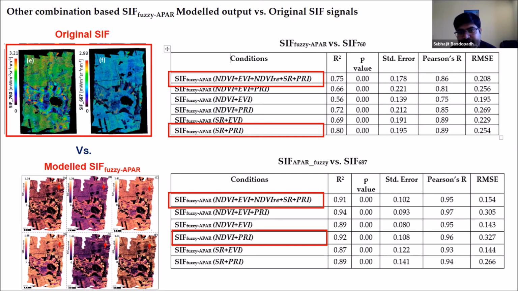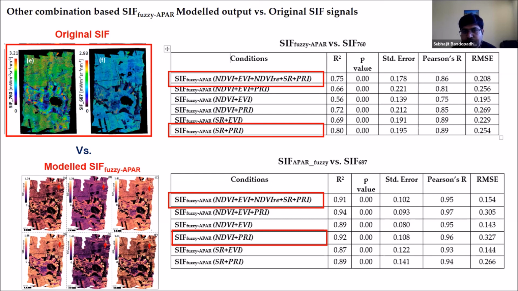The changes in the combinations provide better accuracies after injecting the APAR into the SIF fuzzy, and the final SIF fuzzy APAR gives better estimations in response to the original data sets. You can see the R square has improved from 0.75,